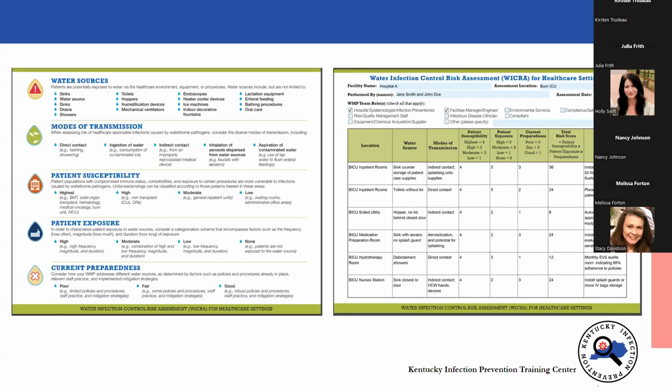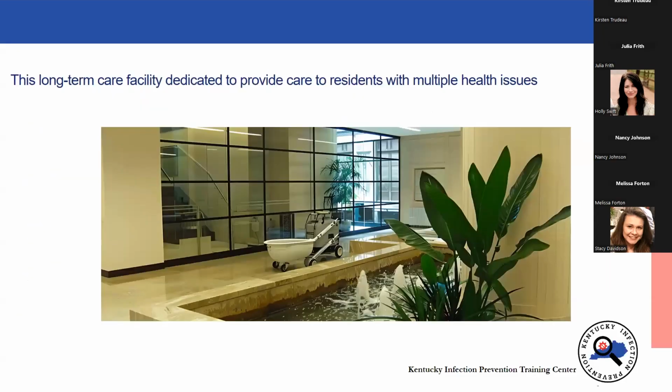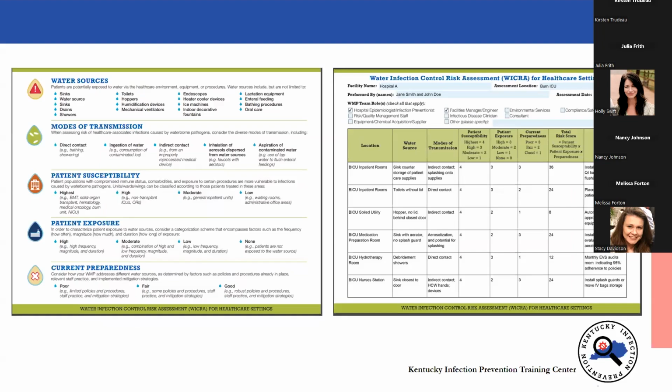When we look at patient susceptibility, they're probably not our highest risk patients, but they would at a minimum be moderate. Patient exposure: it is behind a glass wall. So presumably, maybe they can't come up to it, though there is quite a bit of space, so I suspect that they probably can. So they would probably have pretty direct exposure to aerosols. And if that's the case, one could argue that the current preparedness is pretty low because there's no barrier there to prevent